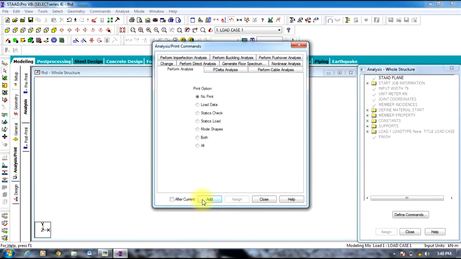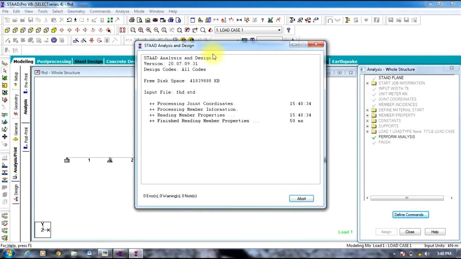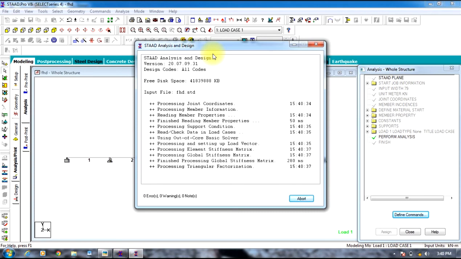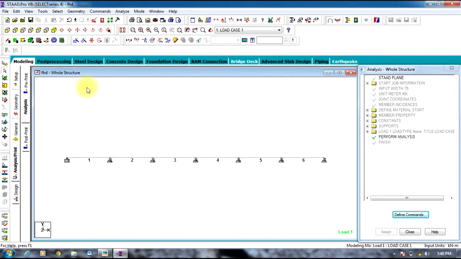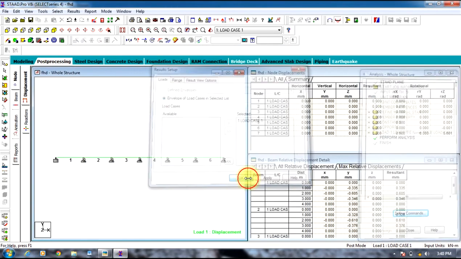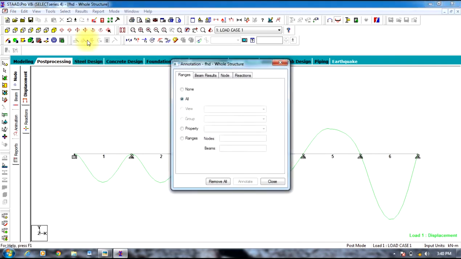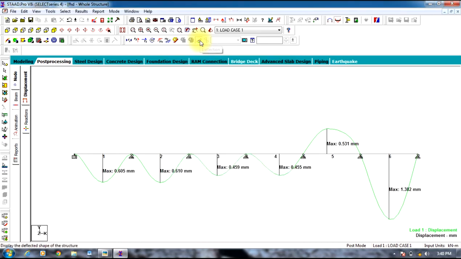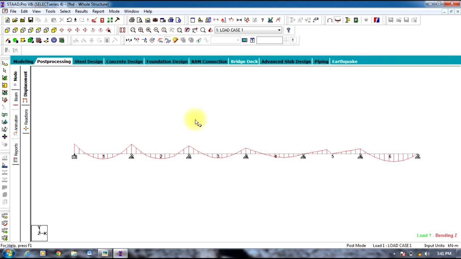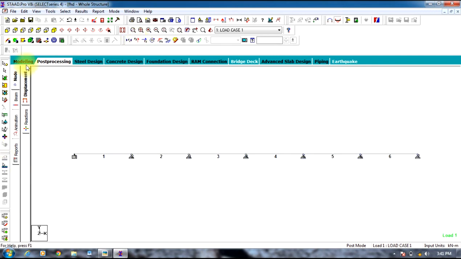So analyze and print, add, close, analyze in the menu bar, run analysis, save. After analyzing is done, press done, go to post processing mode. Okay, you can view the deflection, and also obtain the values from result, view value, beam results, maximum resultant, annotate, close. You can switch off the deflection, go to bending moment, obtain the values, shear force, obtain the values, go to modeling mode,